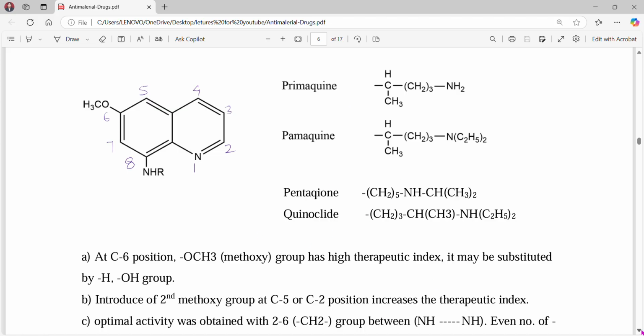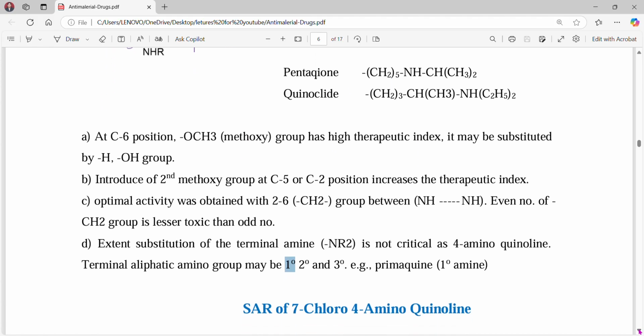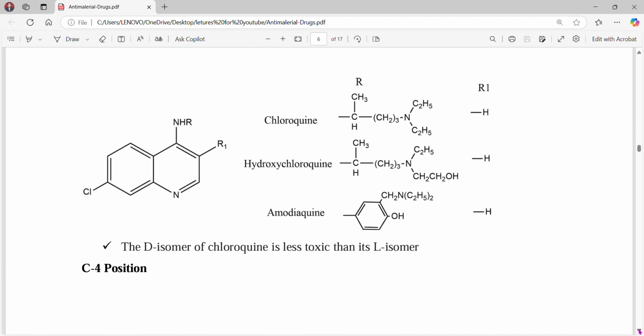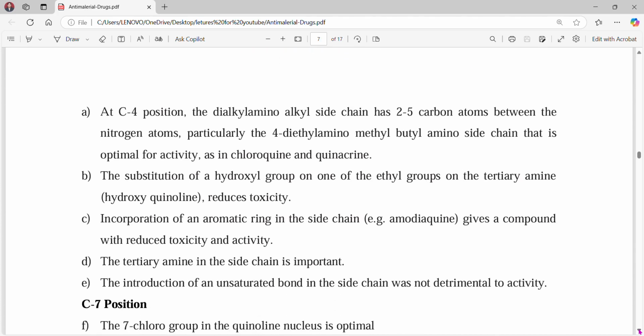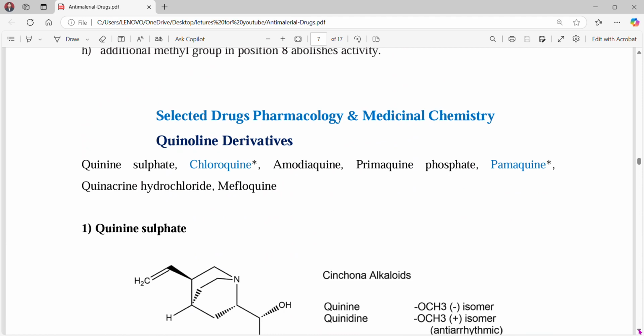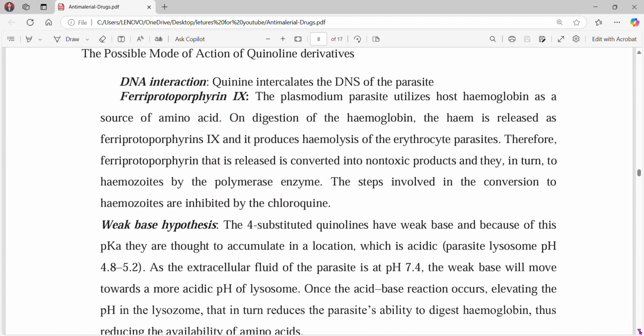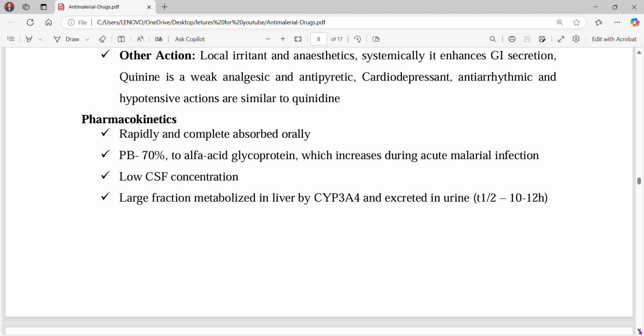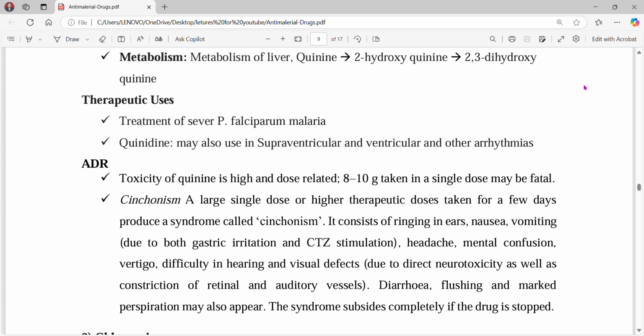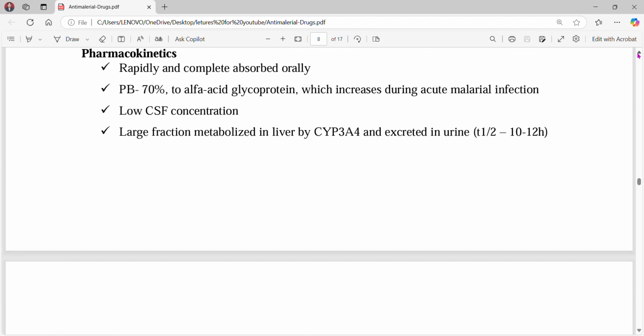So this is all about the class that is 8-aminoquinolines. Now the next class of drugs is the category that is 4-aminoquinolines,